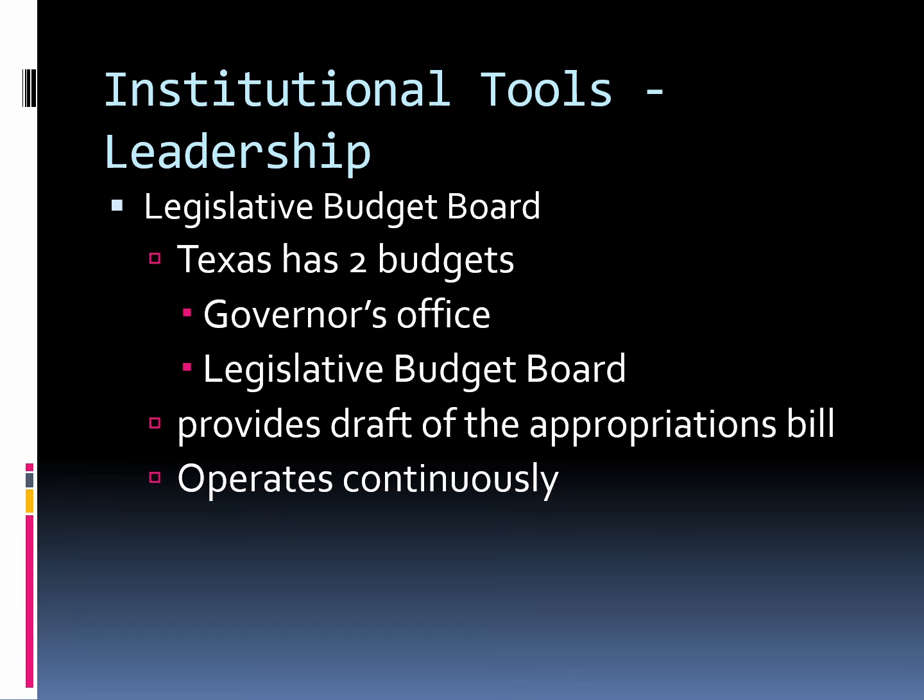And so by the time the legislature meets, when they go into session, they will say, this is how much Texas needs to run all of its public agencies. These are the expenditures. They will say this is how much we need to be appropriated to run the state agencies for the state of Texas. So the Legislative Budget Board operates continuously. I mean, all the time. It operates all the time, and not just when the legislature is in session.